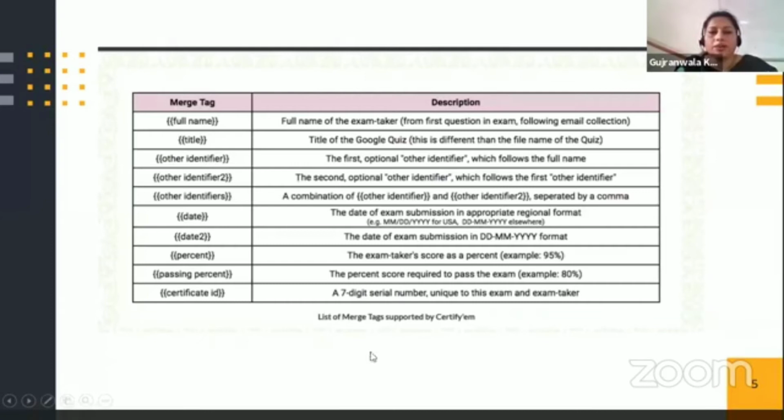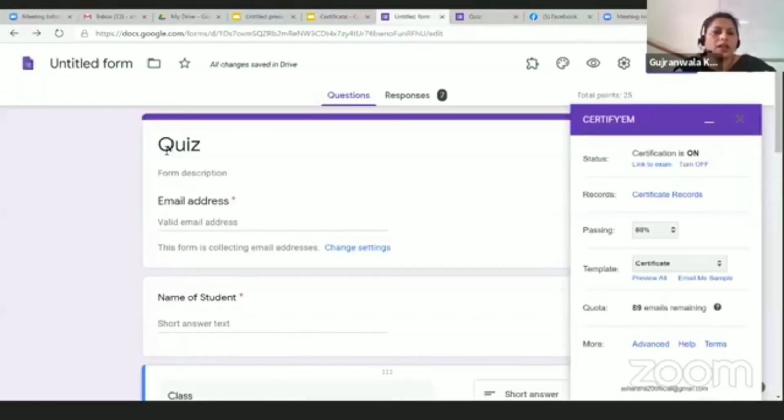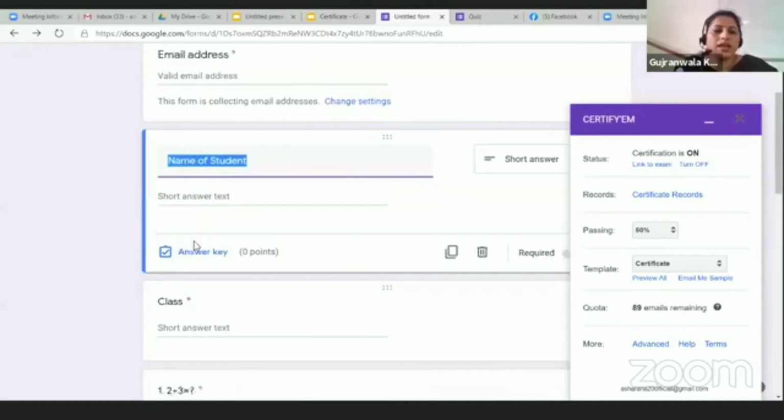Other identifier means in your Google form, like I have to share the things again and again. Let me share my window. Okay. This is the quiz title. Name of the student, your name.